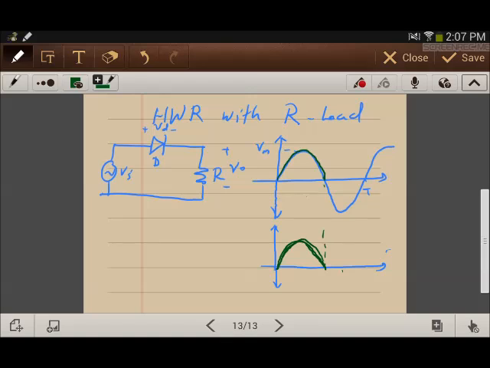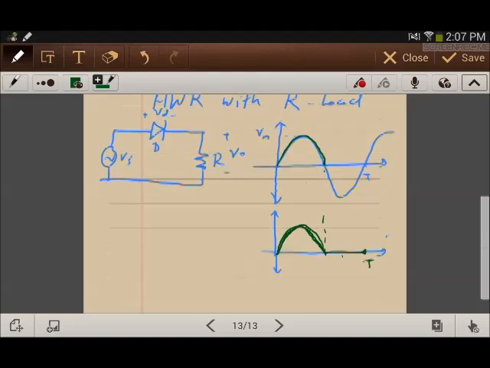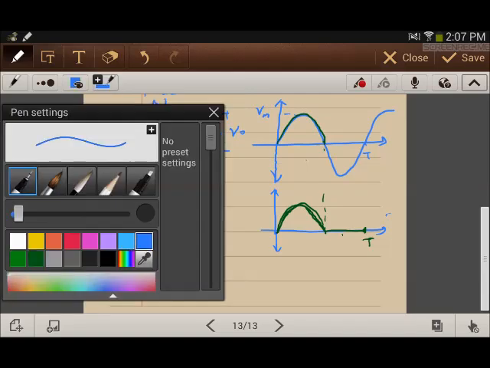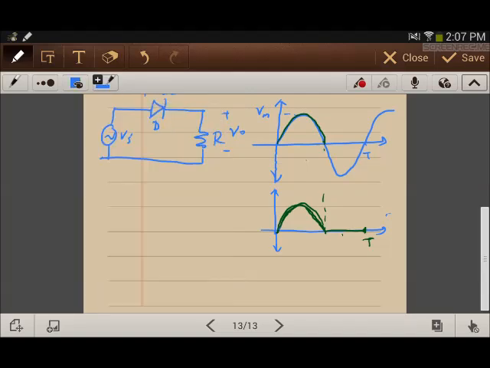And when the voltage turns negative, the diode behaves like an open circuit, then the voltage across the resistance is 0, and since this is a resistive load, the current will take the voltage waveform shape. So this is IR, this is V output,